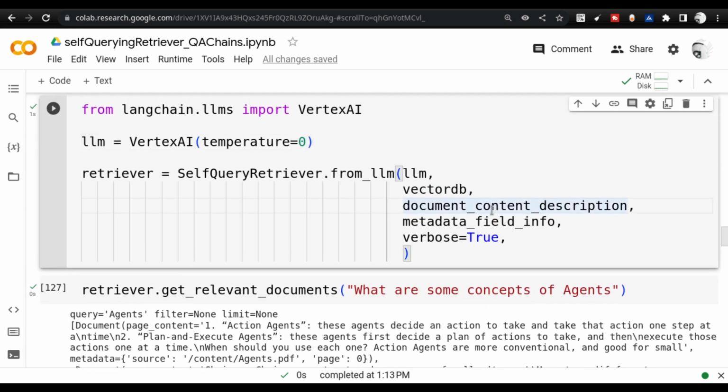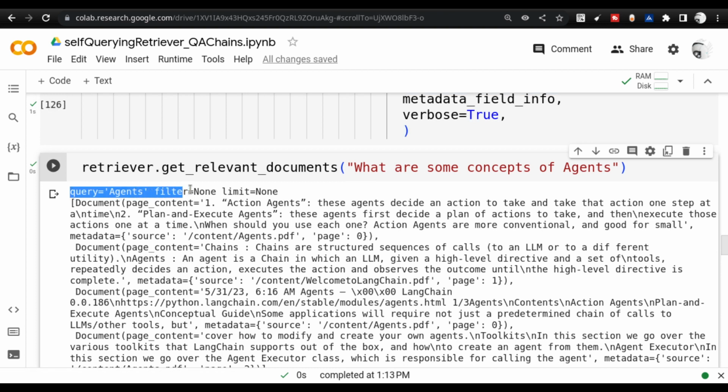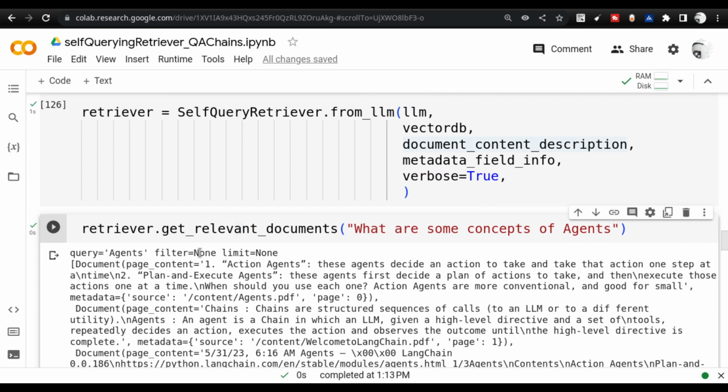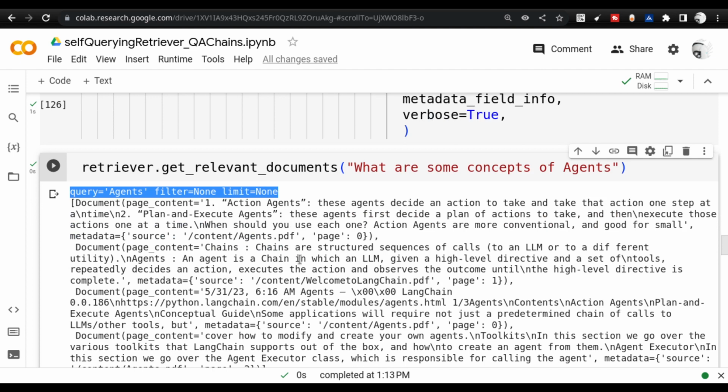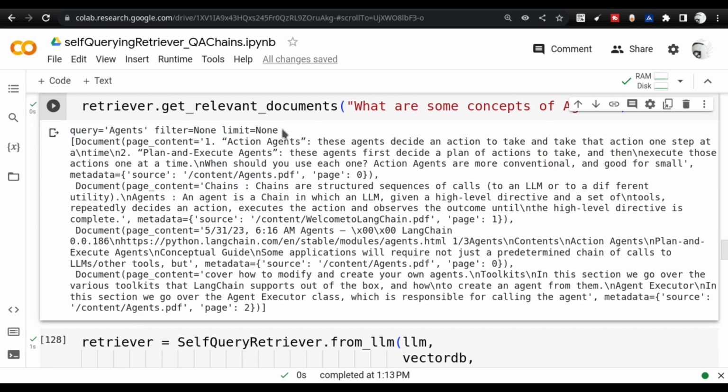Once that is done, now comes the interesting part. Once you give this self-query retriever and then you start getting the relevant documents, you will see that it creates 3 variables like this. This is not something that you create. It is created by the large language model. And this kind of query creation, this kind of variable creation is done using the Lark. You remember I introduced Lark. Langchain has informed that we have to use the Lark library, right? That is done using this. And then you see the relevant document that has been written. So both of these together, they work. The large language model creates these query, filter, and agent, and based on these agents query, the series of